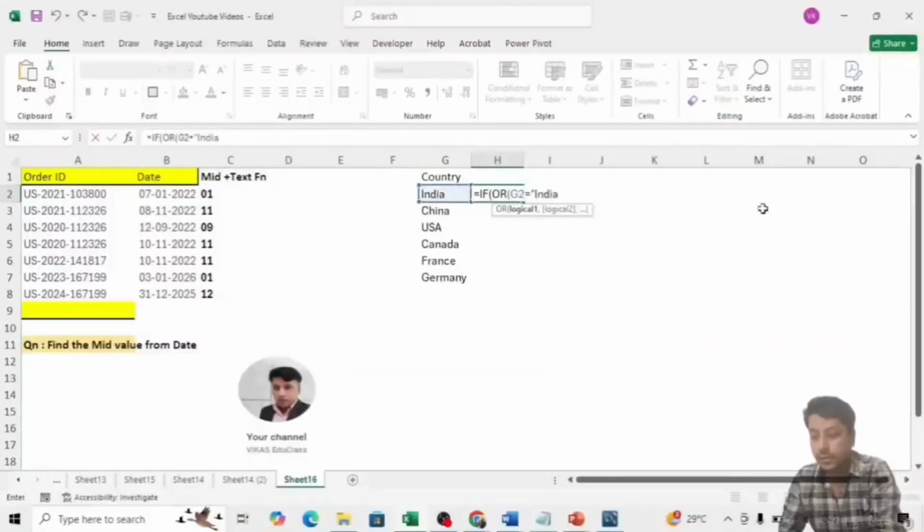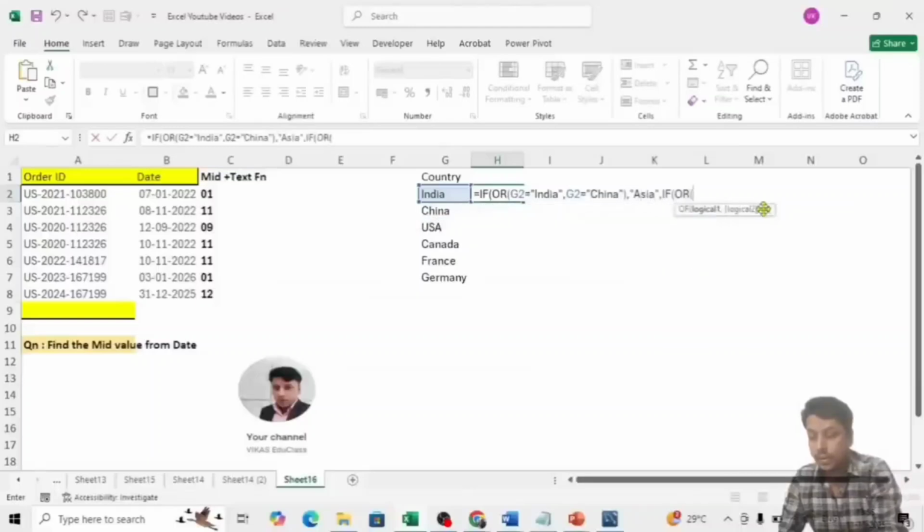If it is India or G2 equal to China, then it should be Asia.